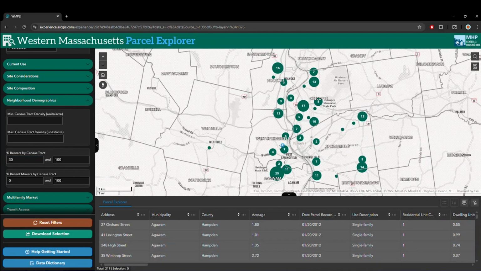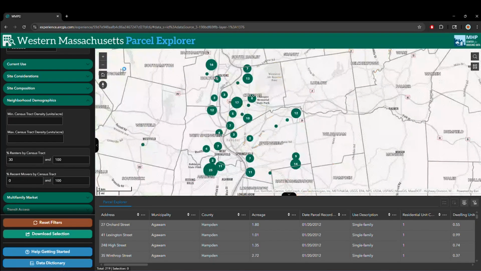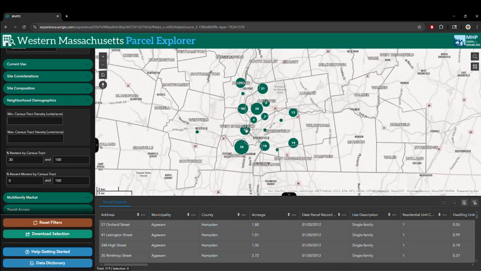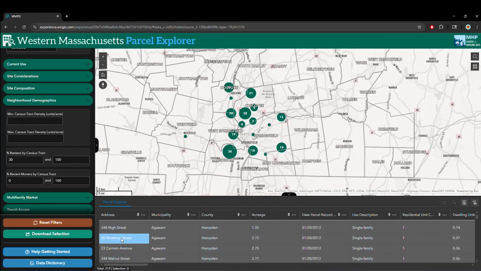So we can see our search updated again. It's all within Hampton County. You can see the communities that they're falling in. So a lot in Springfield, West Springfield, Agawam, Chicopee, and so on. If we click on some of these,